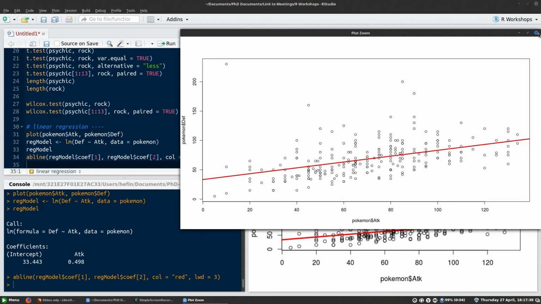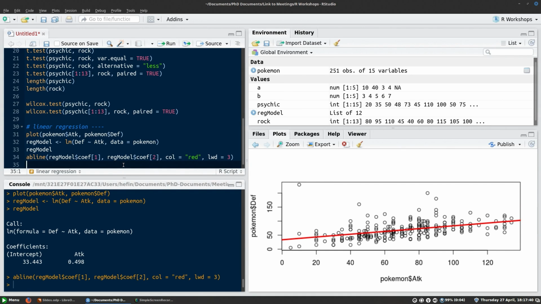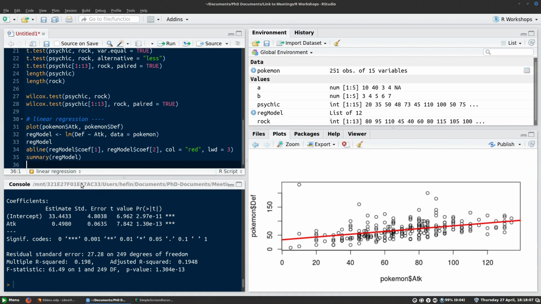Okay, so that's our model, and it's useful to understand how to build the equation that we could predict defense from attack. But actually, being addicted to p-values like we are, it's useful to be able to say whether our model fits the data better than just the grand mean. And the way that you can get a p-value for the slope is by using the summary command, like we did for the data frame. But this time, if you give it the model object and hit Control Enter, then